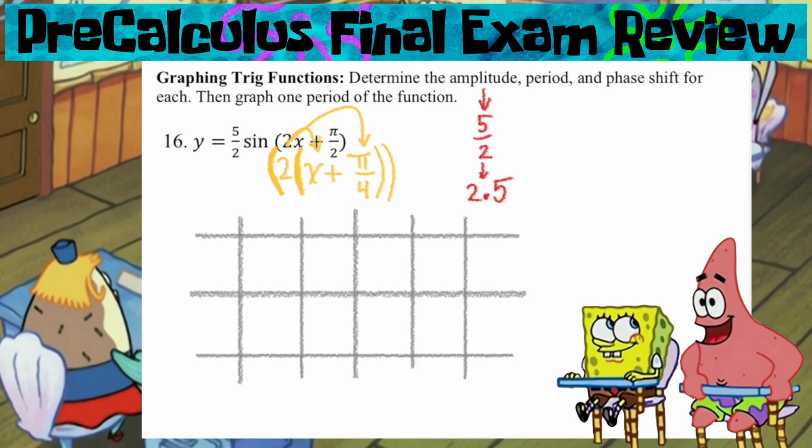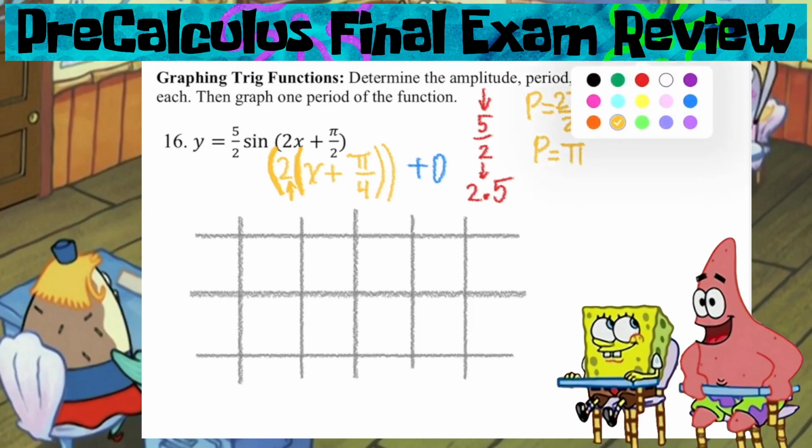Also, you can set your original parenthesis equal to 0 if you wanted to figure out the phase shift, and just know it'll be the opposite sign, just like we always talk about with the backward house. I'm just going to write that. So the period is affected by the b value. So the period is 2 pi over b, which is 2 pi over 2, so the period is equal to pi. The phase shift, like I just mentioned, you could set that entire inside of the parentheses equal to 0, but it is going to be either negative pi over 4, or you can even put left